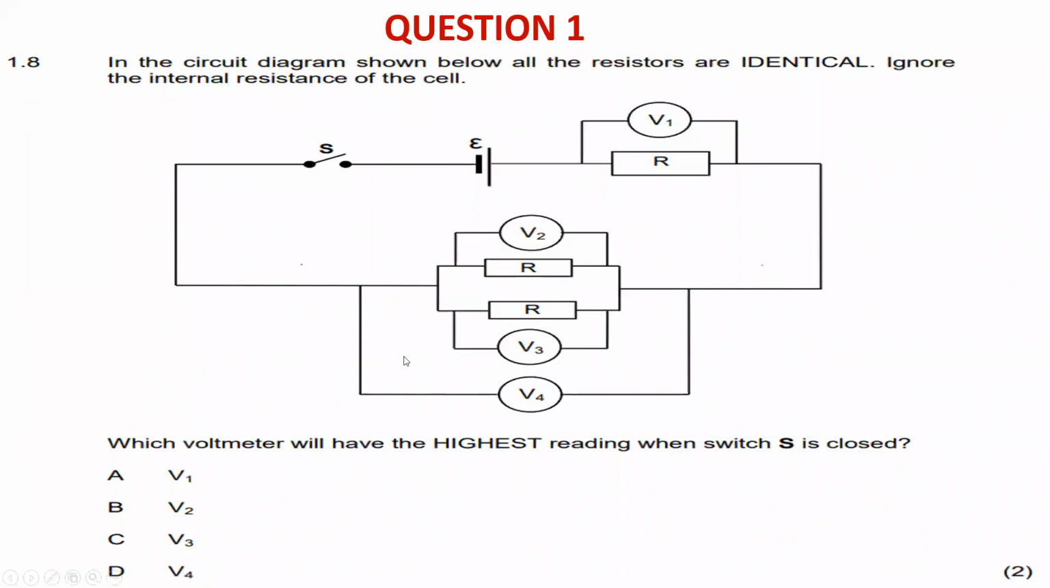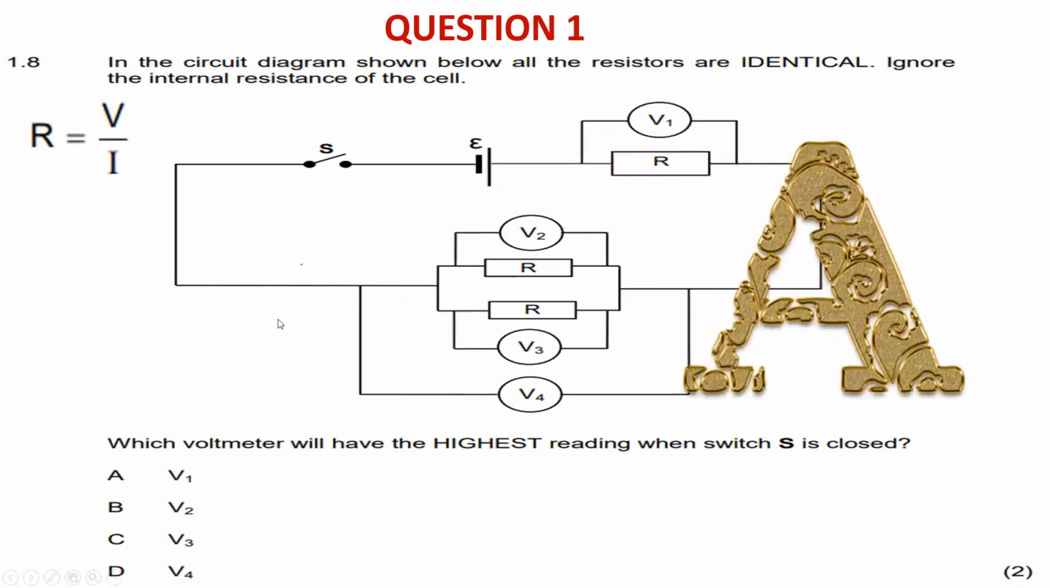All right, now we are going to electric circuits. The resistors are identical, and we don't have internal resistance. Which voltmeter will have the highest reading when switch S is closed? So that's our question. What do you think? I think you have done it already because we said try first. So our answer is